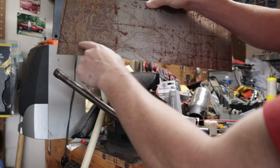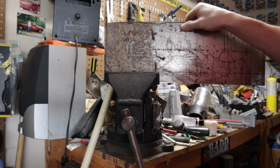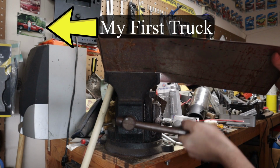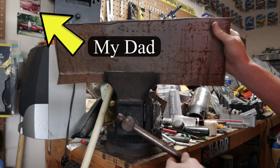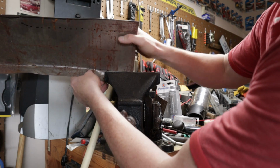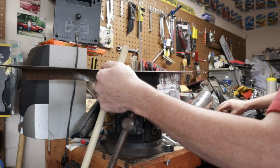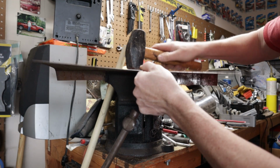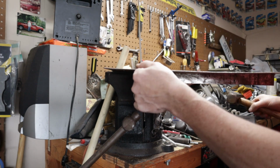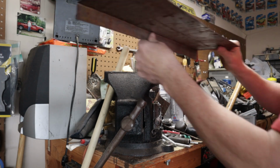I went ahead and drew a straight line across the metal. And I don't have a brake, but I do have a vise. So we're going to put the bottom of the line right at the top of the vise, and we're going to start folding it over. That'll give us a pretty good angle to start the bottom with, so we can slide this in